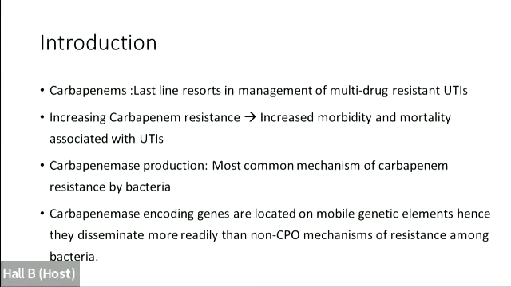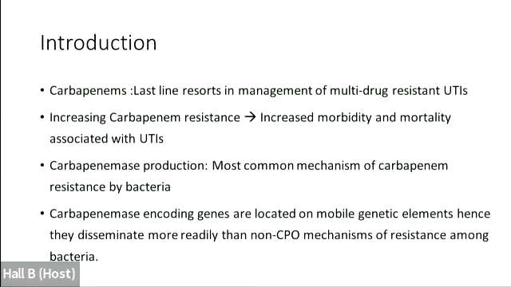So, carbapenems were considered one of the last-line resorts for the treatment of multi-drug resistant organisms causing urinary tract infections. But the massive use of these drugs in communities as well as hospitals has led to a rise in carbapenem resistance. This increase is becoming a problem because it has led to limited treatment choices which are available now. It has led to increased morbidity and increased mortality in patients associated with UTI.